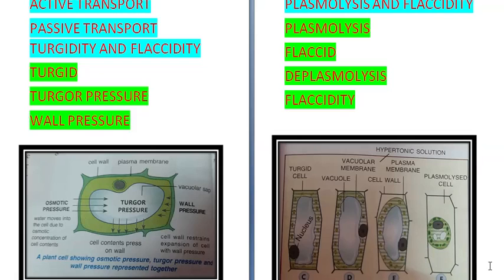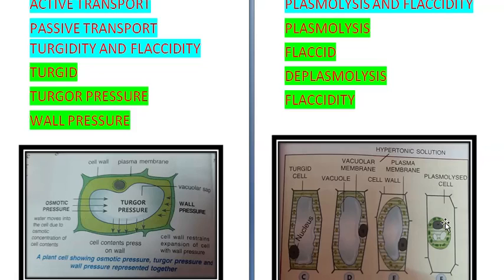If a plasmolysed cell, see this is the plasmolysed cell, is again put in fresh water before it dies, then the recovery of the cell will take place and the cell will again assume its distended position. So this process will then be called deplasmolysis. Returning the plasmolysed cell back into fresh water, water from outside will enter into the cell, the contents will get their normal shape back, and this is called deplasmolysis.